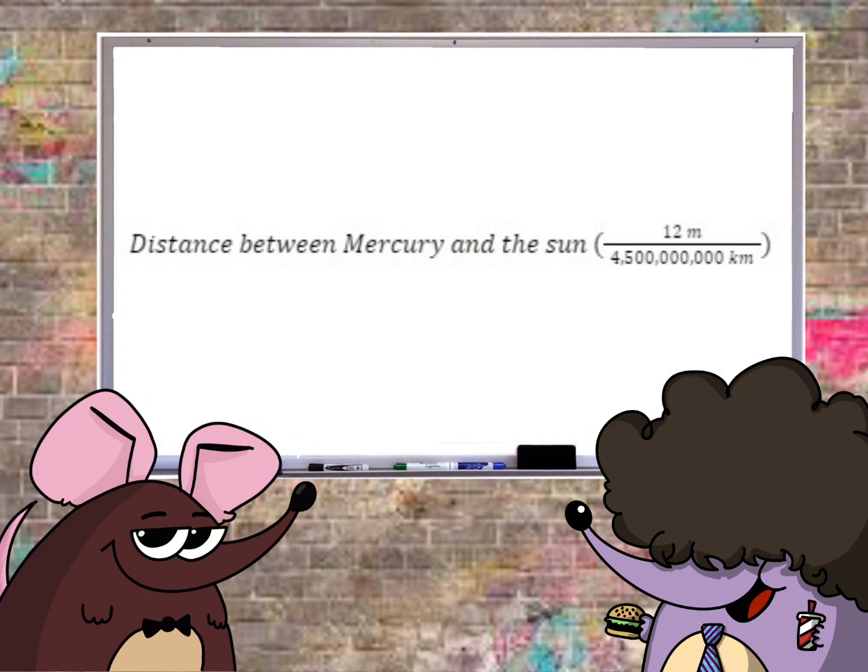In order to downsize the distance between Mercury and the Sun, what we have to have is 30 astronomical units, which again is 4.5 billion kilometers, and the distance between Mercury and the Sun in real life, which is of 58 million kilometers. With this in mind, we had to do a similar process to downsizing the length of Mercury. We had to multiply the real distance between Mercury and the Sun by 12 meters, which is the downsized version